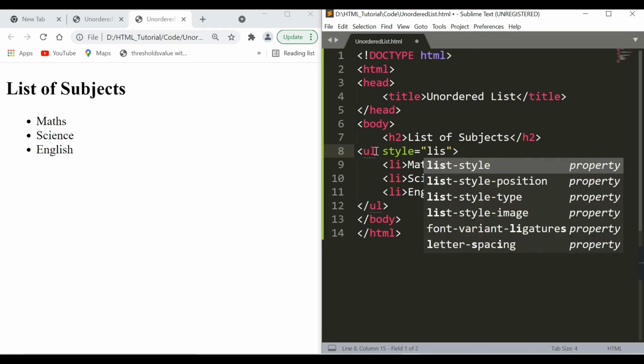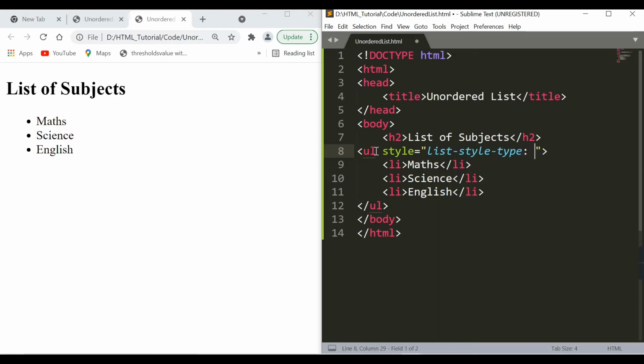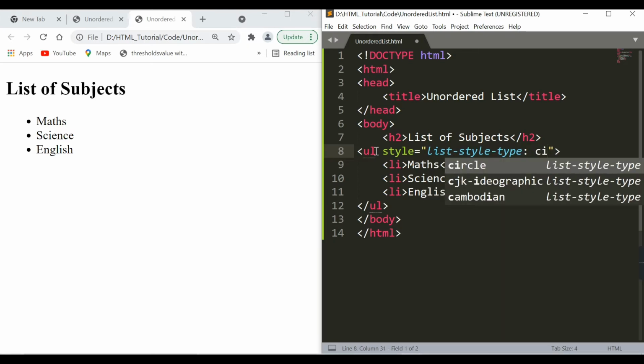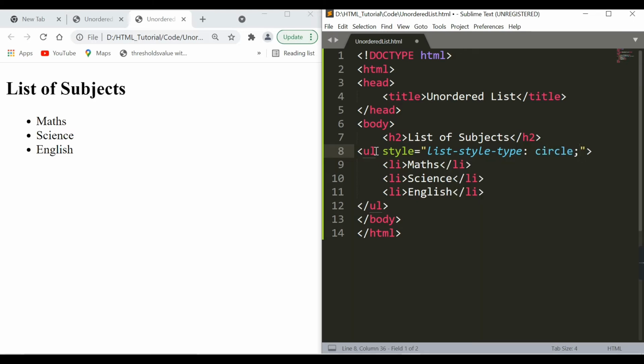So I will provide list-style-type. This is the property which we need to use, and here you can provide, let's say circle. Let's save this, refresh. See, now it is marked with the circle, but they are not filled ones, they are empty. So this is the use of list-style-type.